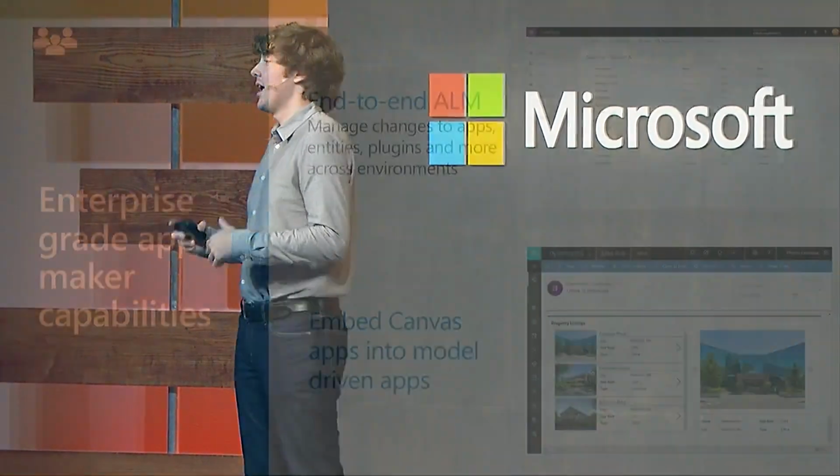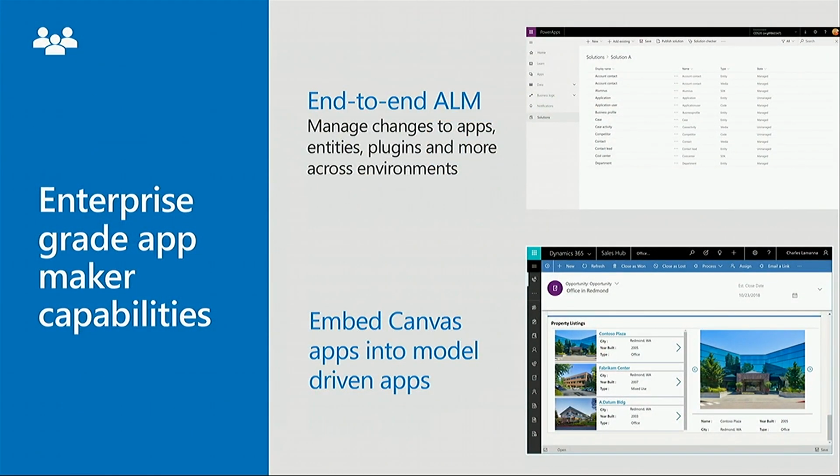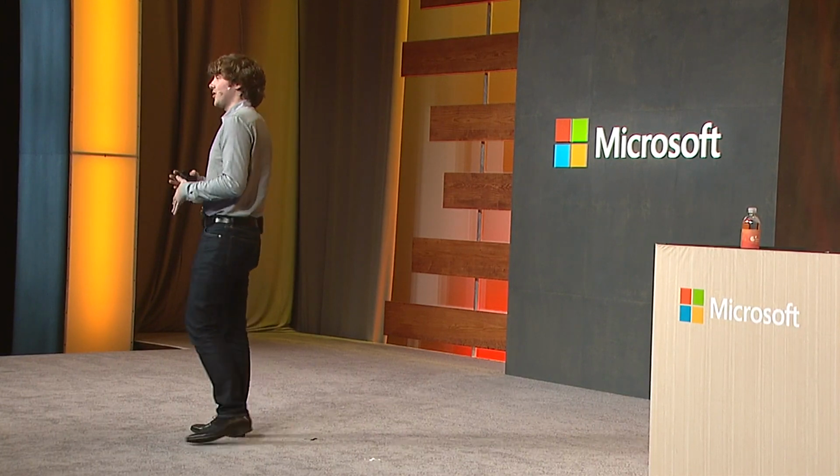Additionally, we have new end-to-end application lifecycle management. This is one of the most asked-for features from our customers, and it's all about making it easy for, say, a large project of multiple developers or power users to collaborate on an application or solution and manage its release from test environments to user acceptance testing to production. You can now do all of that. Everything is what's called solution aware, so you can bundle your Canvas apps, your flows, your data entities, your plugins, all of that together, and very easily move it between environments so that you can have a full continuous integration, continuous deployment strategy with Power Apps, just like you would if you were working in Azure, if you're used to that as a developer.